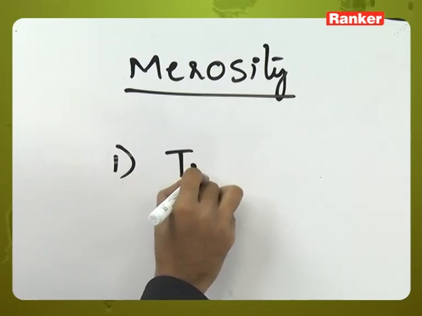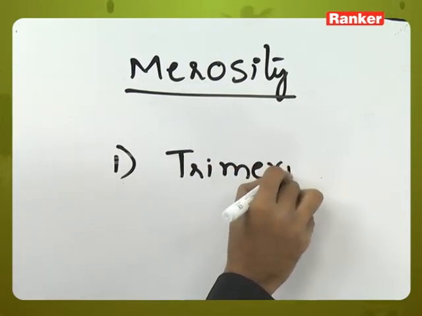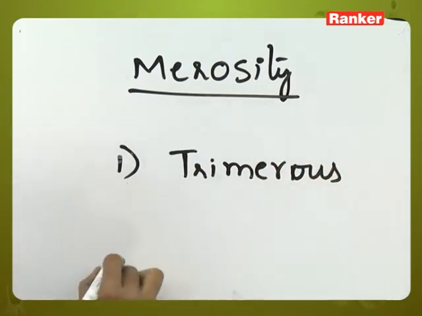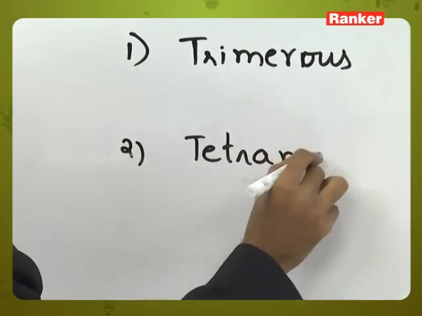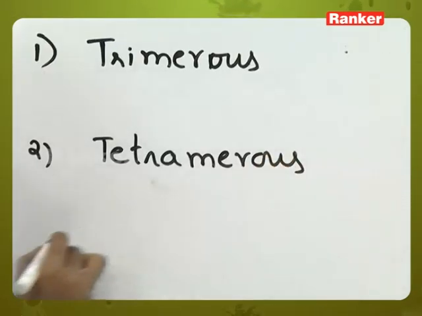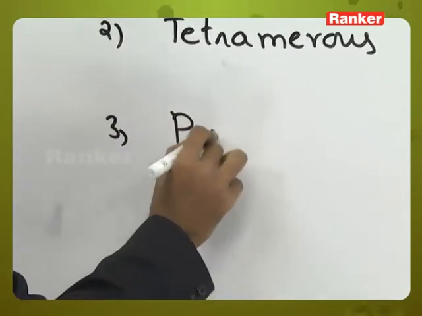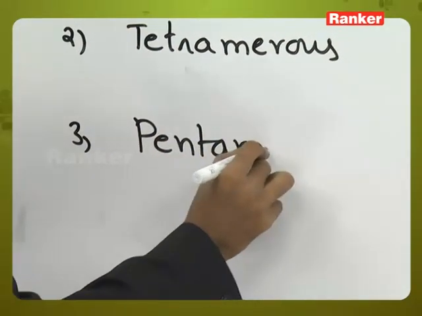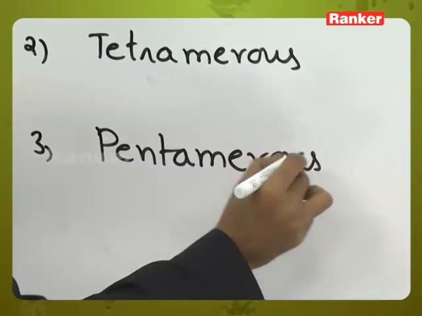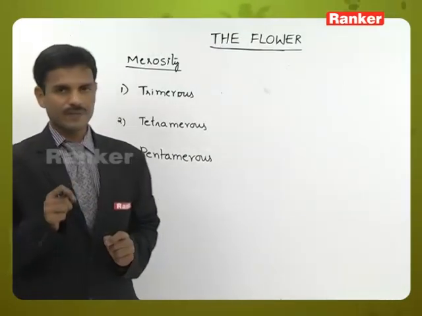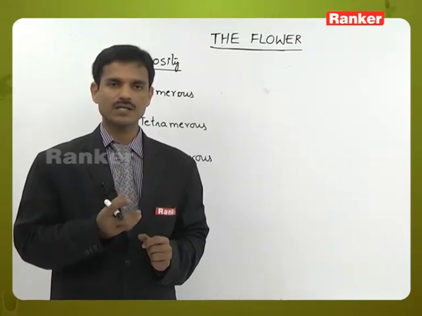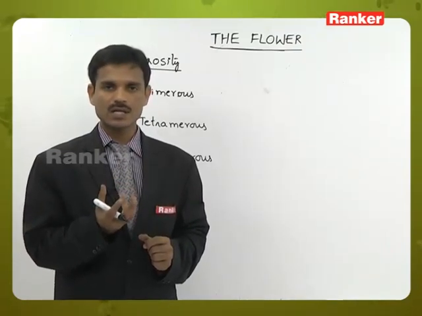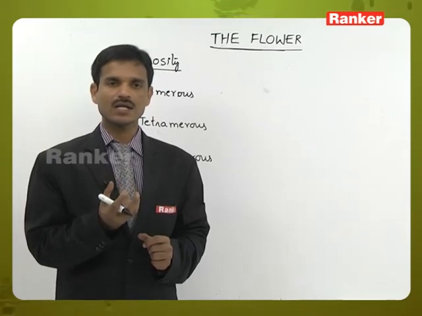A trimerous flower, a tetramerous flower, and a pentamerous flower. Trimerous flower: in the flower, 4 whorls are there, 4 circles at every